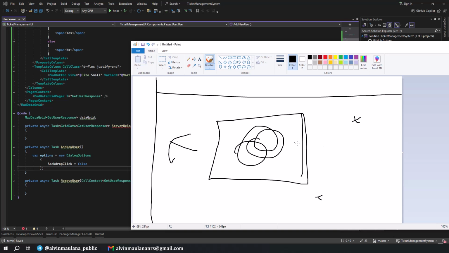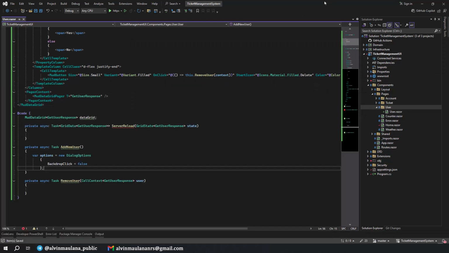By default it's true, so when we try to click elsewhere, for example in here, it will close the dialog. I don't want to do that because, for example, we are still creating an email and accidentally click outside, then it will close the dialog. That's why we need to set it as false. Okay, nice UI by the way. Give it a 100. Just close it.